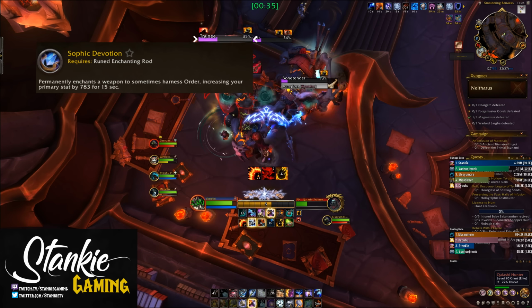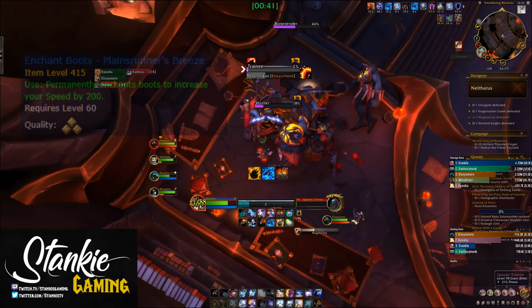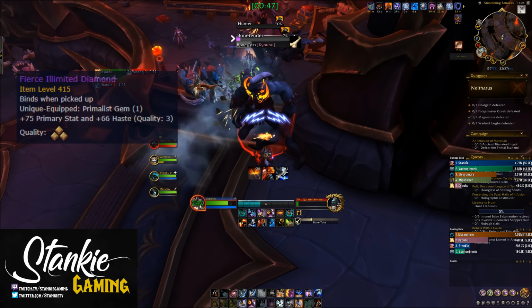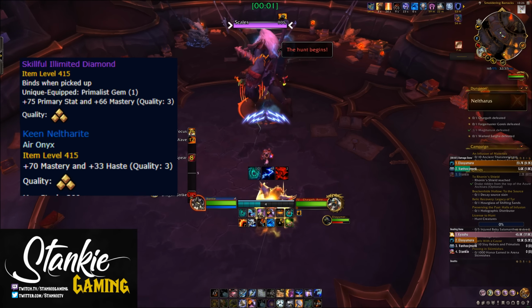Now, as far as enchants goes, for both builds you want to rock Sophic Devotion on both weapons or the cheaper Sophic Writ. Waking Stats on chest, Fierce Armor Kit or the cheaper Reinforced Armor Kit. Plainsrunner's Breeze on your booties, and either Mastery or Haste on rings depending on build. For gems there's Fierce Illimited Diamond and Keen Emerald for physical build, and Skillful Illimited Diamond and Keen Nealtherite for